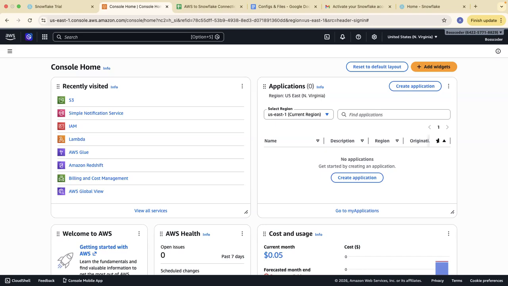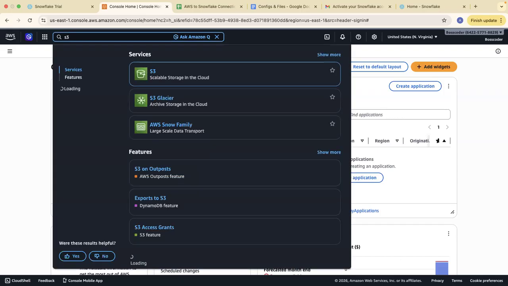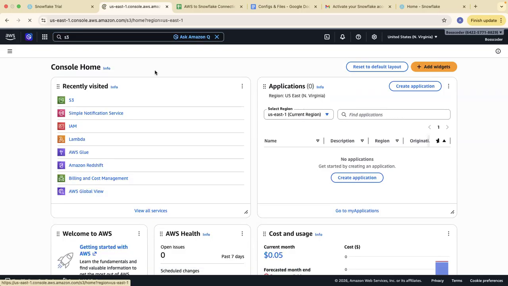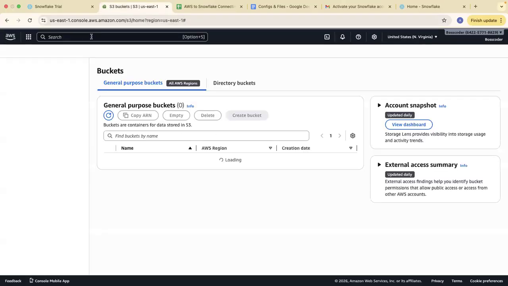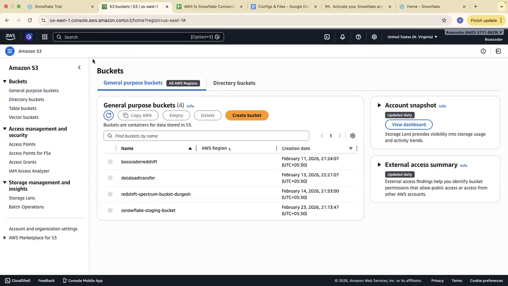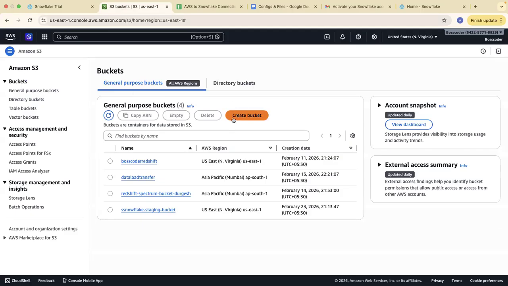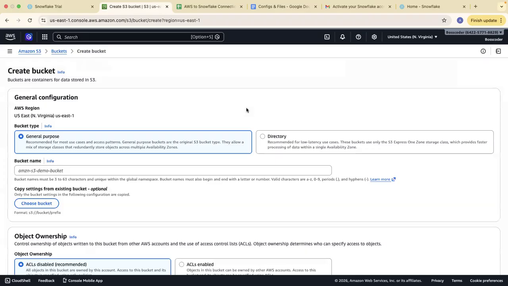So now if you see, we are done. The next thing we are going to do is open the S3 service. As you type S3, you will be able to see this page. In this page, I am going to create a new bucket, and in this bucket, I will be loading my files.